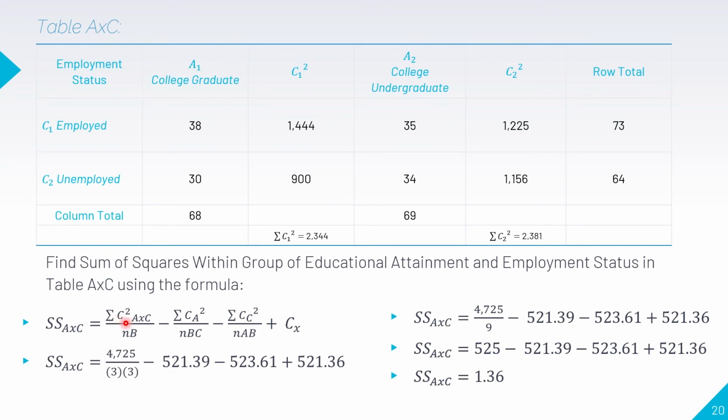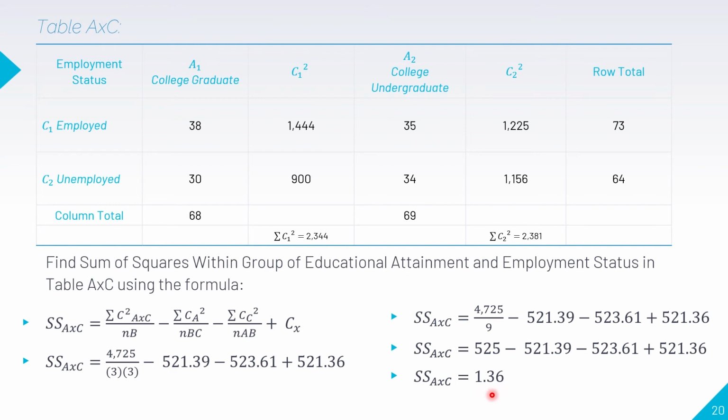For the summation of C squared over A by C, we just need to add the summation of C squared of the two columns. So we have 4,725 over N, which is 3, and our B is 3, the socioeconomic status. So we have 3 times 3 equals 9. 4,725 divided by 9, we have 525. Then 525 minus the two values plus the CX,